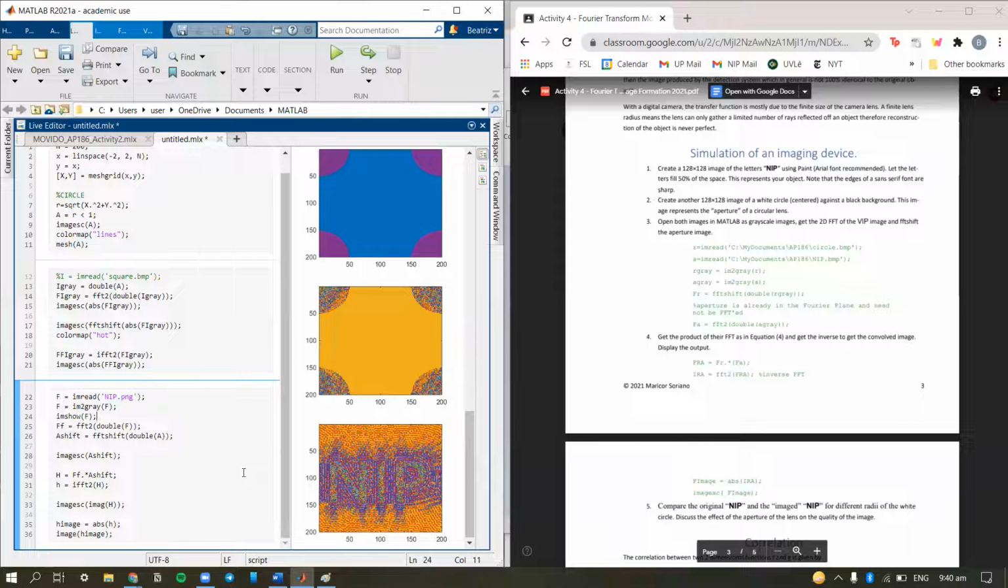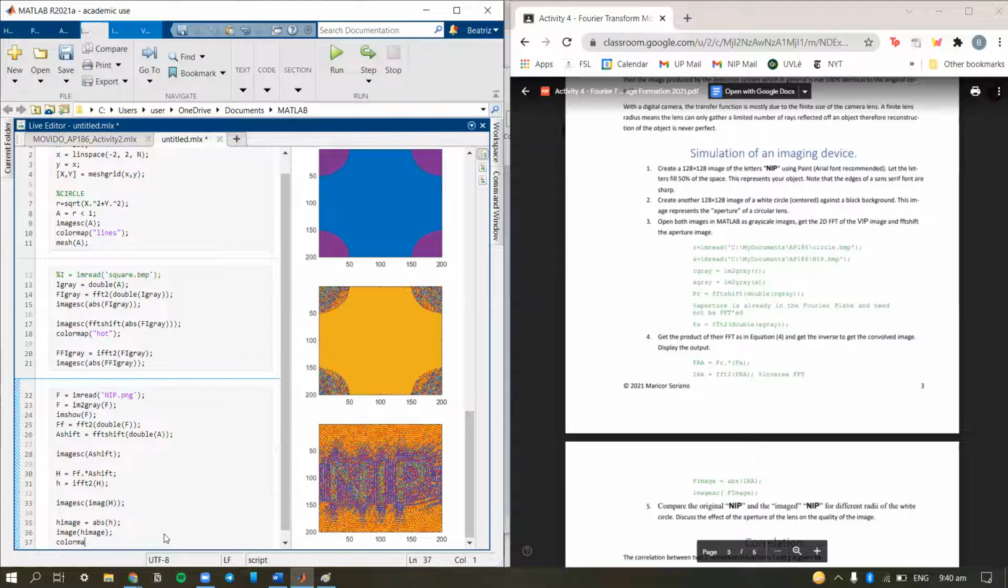There you go. That's looking like something. But, okay. Now it's working now. You can see the NIP, but it has ringings. Now to make it color map gray para magmukhang